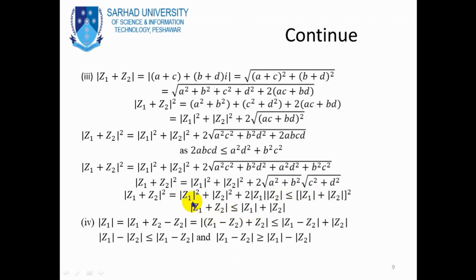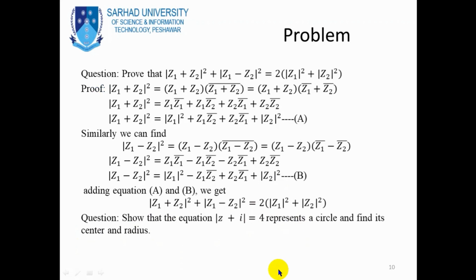So this implies that the magnitude of z1 plus z2 is less than or equal to z1 magnitude plus z2 magnitude. Now part number 4, we know that z1 magnitude can be written as z1 plus z2 minus z2, and this is equal to the magnitude of z1 minus z2 plus z2, which is less than or equal to the magnitude of z1 minus z2 plus the z2 magnitude. So we have z1 magnitude minus z2 magnitude less than or equal to the z1 minus z2 magnitude, and the magnitude of z1 minus z2 is greater than or equal to z1 magnitude minus z2 magnitude. Now we have a problem to prove that